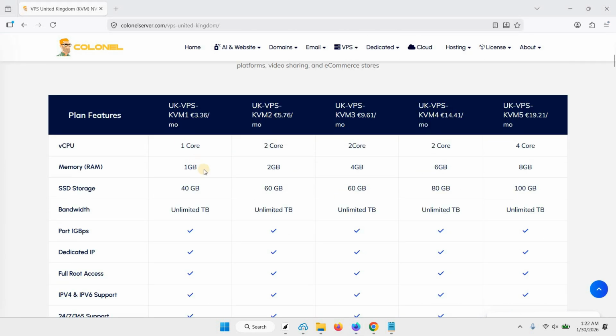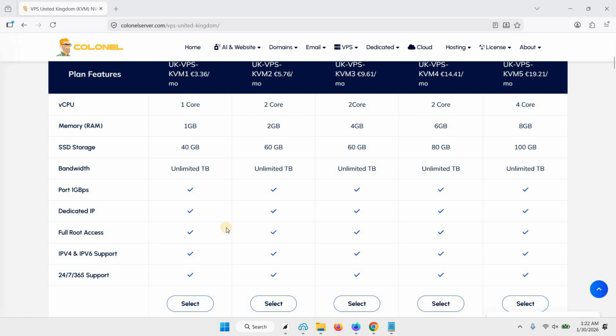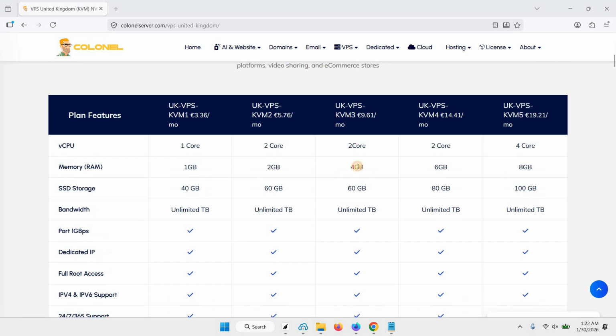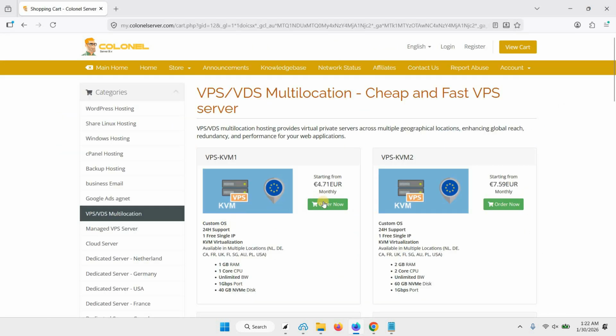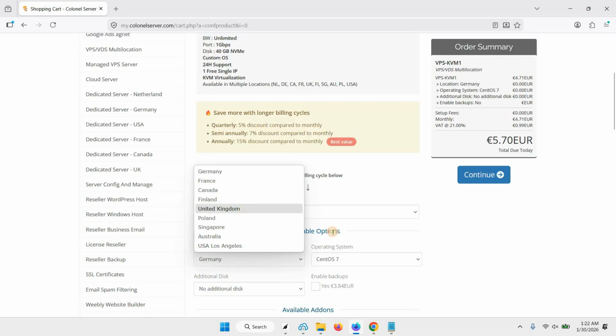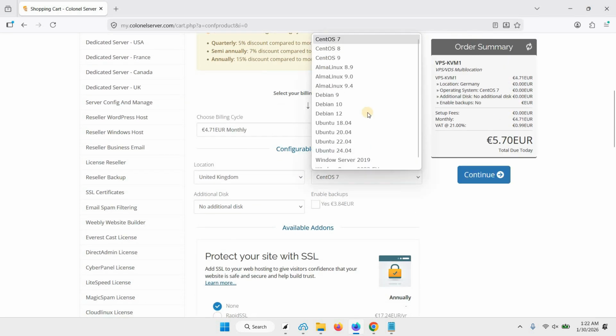Then we can choose the first plan. If you want to host multiple applications, I suggest getting 4 GB of RAM or more. So let's select this one first. Then let's order now. Then this will be UK, and